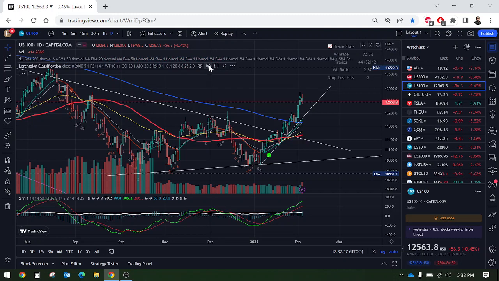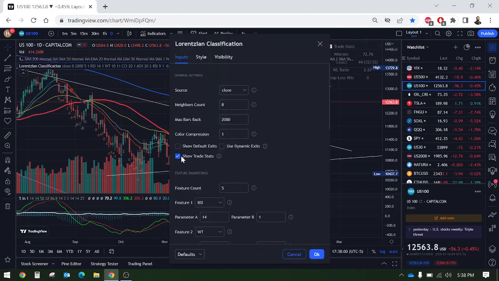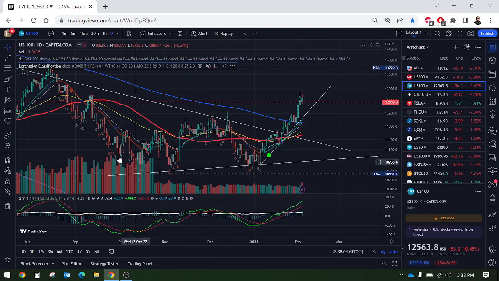You can go to settings. I usually trade manually, so I don't need this graph here. It shows some numbers here. If the market is going down, it shows negative numbers and gives you buy and sell signals,